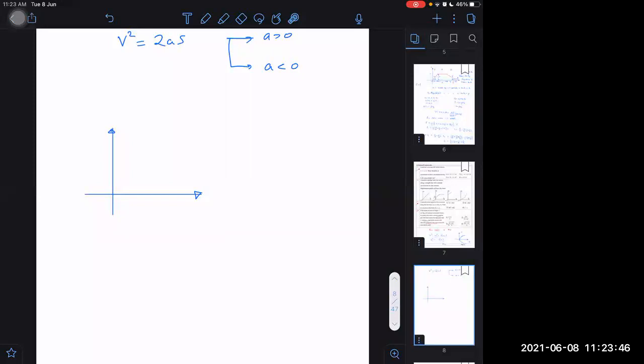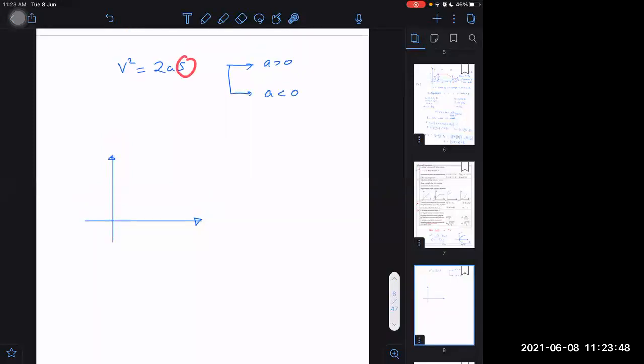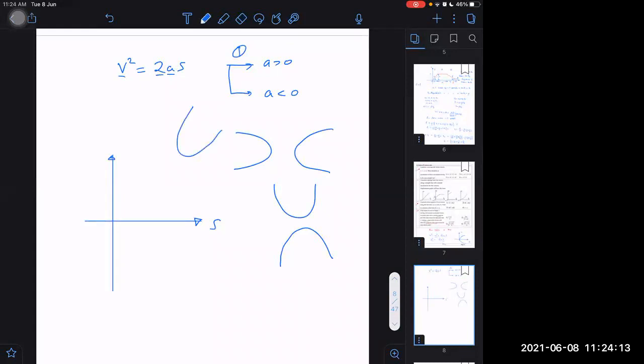One more thing. If I take case 1, in case 1 acceleration is positive, this is positive, 2 is positive, v square is also positive, then S cannot be negative, means S has to be positive. What kind of parabola curves do I have? I have rightward parabola, leftward parabola, upward parabola, or downward parabola. There are different types of possibilities, right? Yes, sir. Although there could be oblique also, but you are not concerned with that. You will be getting these only mainly.